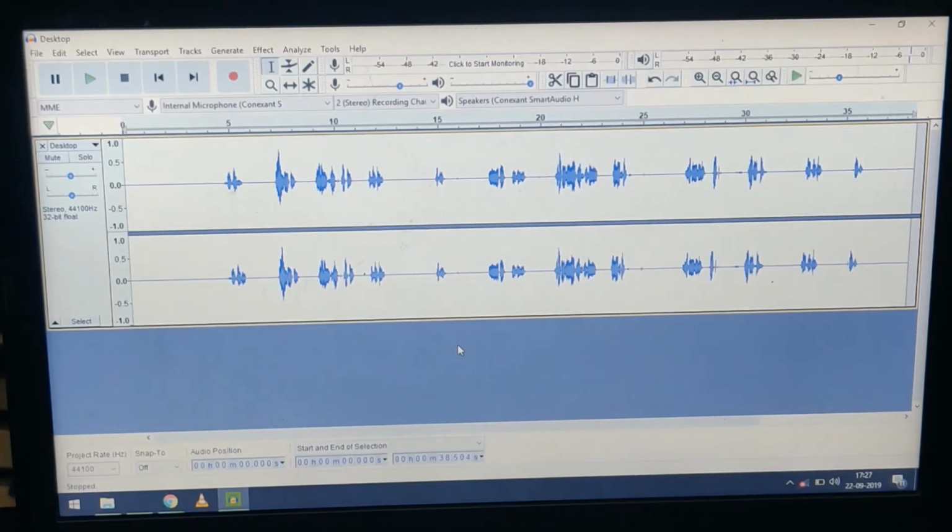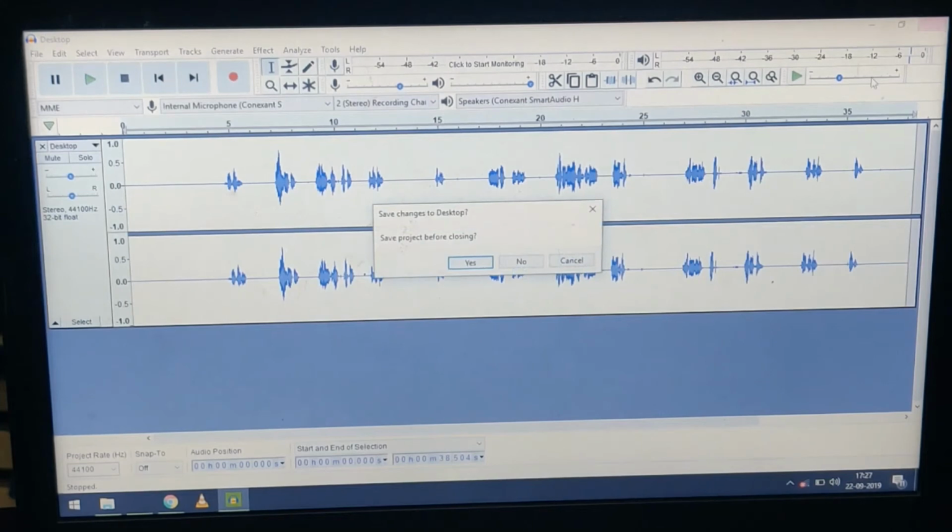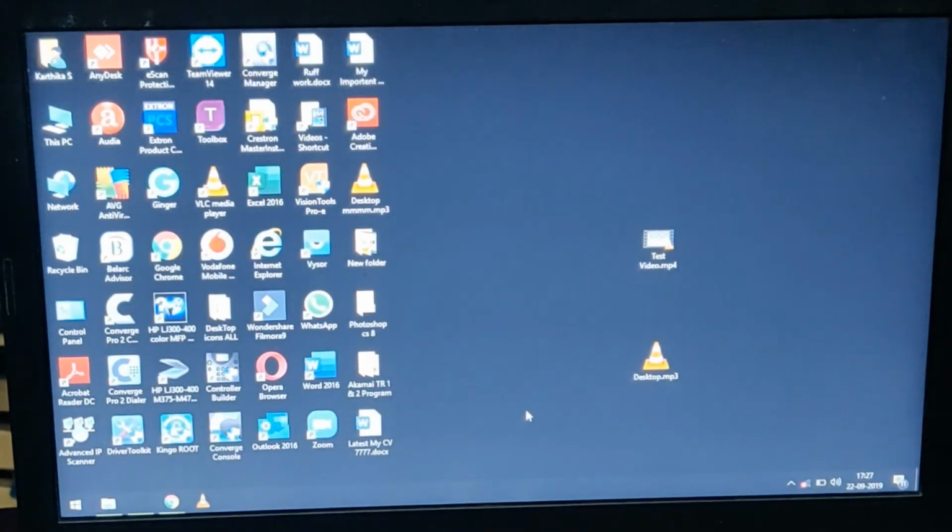Now I'm going to see this exported audio and compare it with the original mp3. Just I'm going to close this software now. It will ask for save, no need to save again, we already exported that audio. So that software got closed. Now I need to check whether my exported audio has come or not. See, on the desktop it came because I gave the path to save on the desktop only. See, desktop, double m.